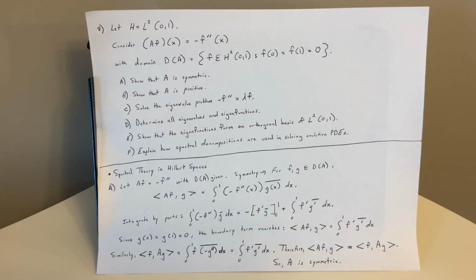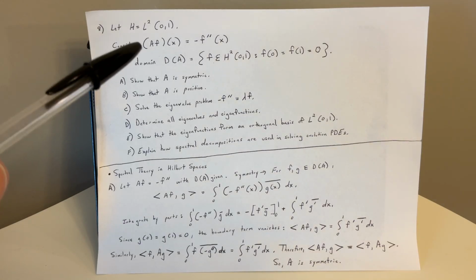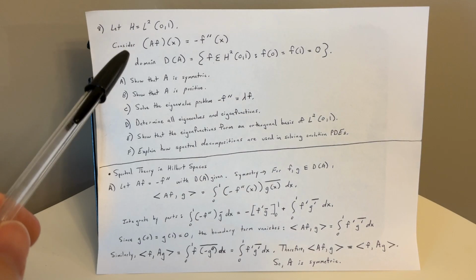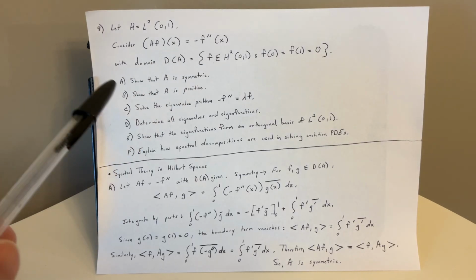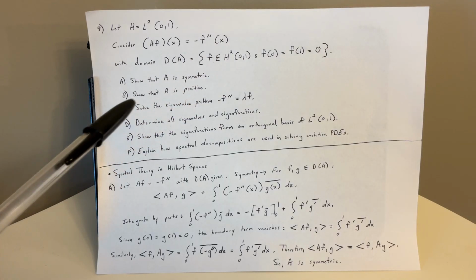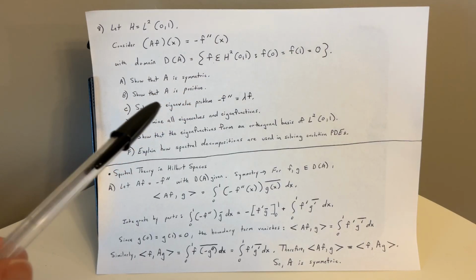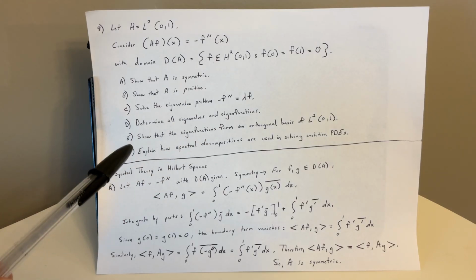Okay, so here's part 3 of applied functional analysis practice final exam number 8. Let H equal L2(0,1). Consider A of f equals negative f double prime of x with the following domain we're given. Show that A is symmetric, show that A is positive, solve the eigenvalue problem here, determine all eigenvalues and eigenfunctions,